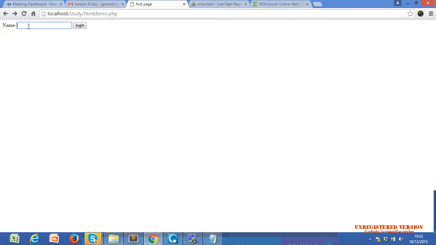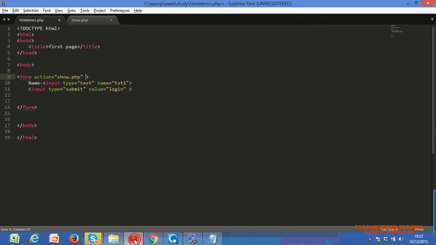Okay, Khushi, to transfer an input value from one page to another, we have to use a method. Let's see where we write it. We will write the method within our form tag. A method is a property of our form tag, and within the double quotes of method we can use two things,